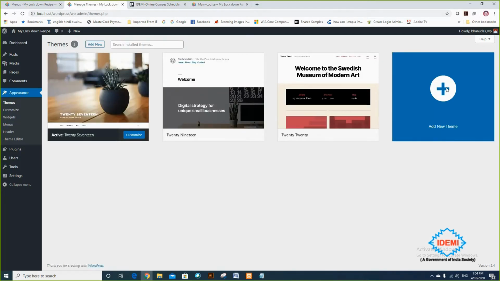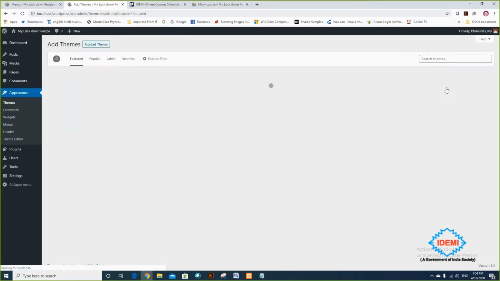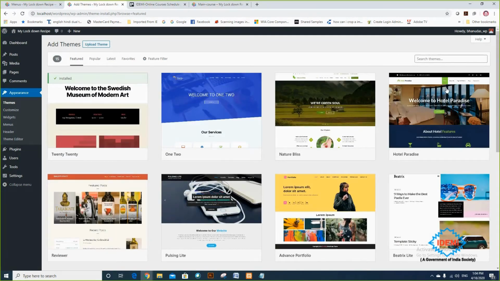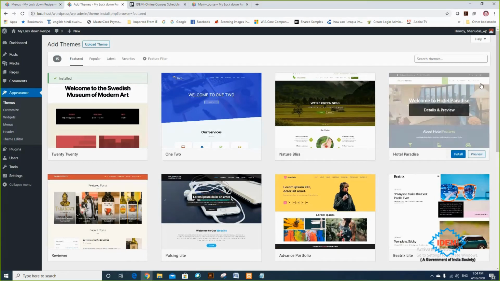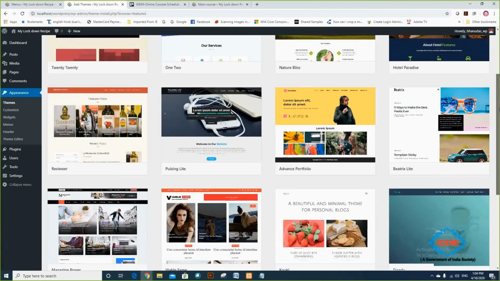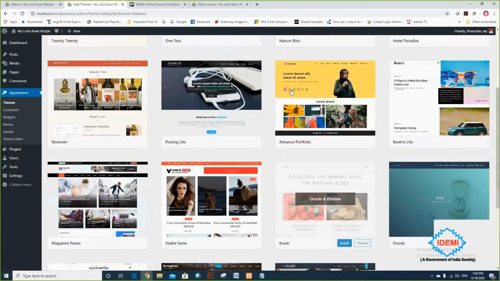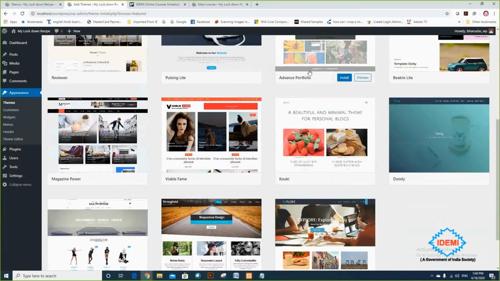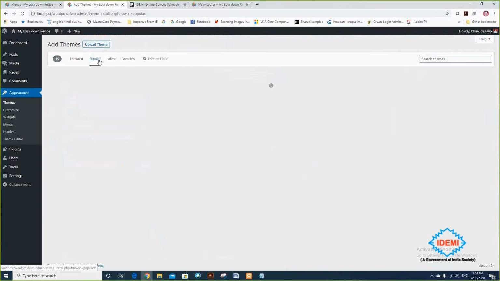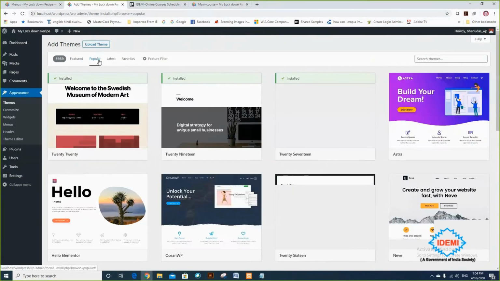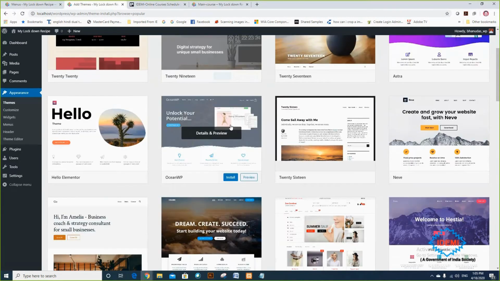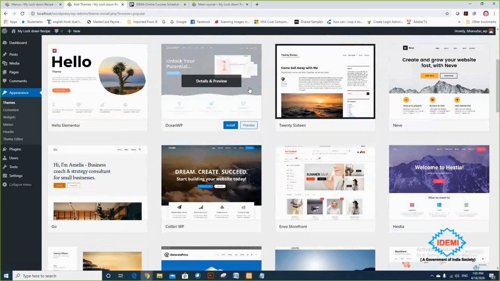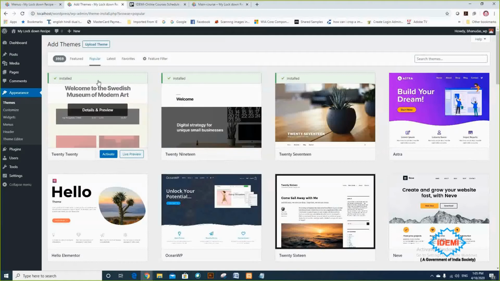So when you click on add themes, that will take you to the internet, so any number of things are there. Some are paid, some are free, and accordingly you can choose the things and install it. You can see the popular themes also when you click on popular. You will see the popular themes most of the people are using. And these are the themes already installed: 1, 2, 3.